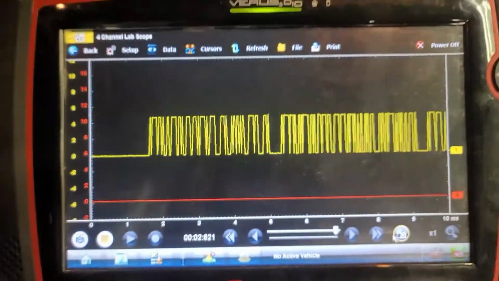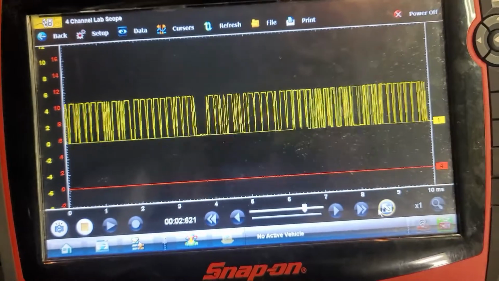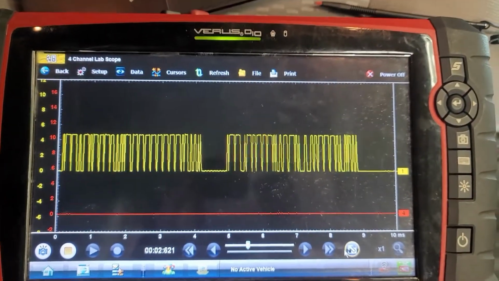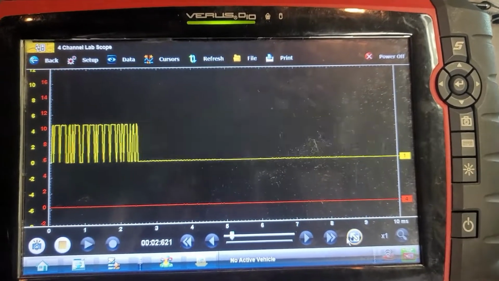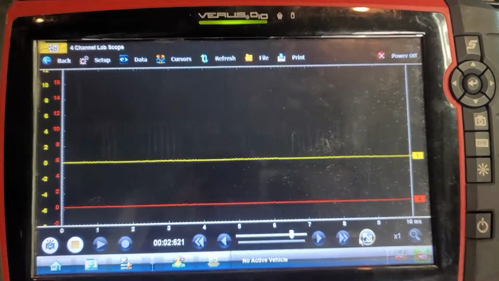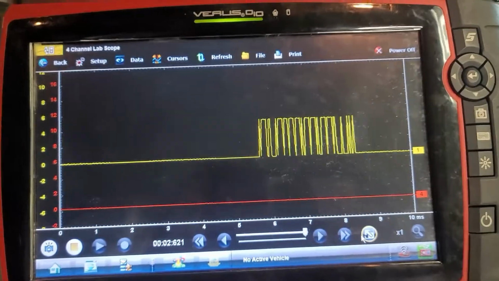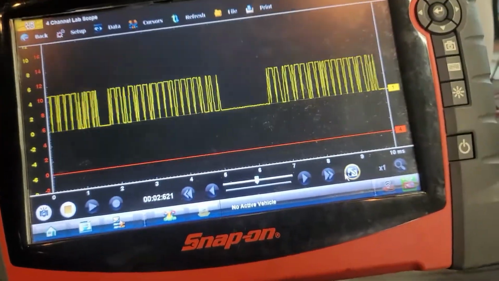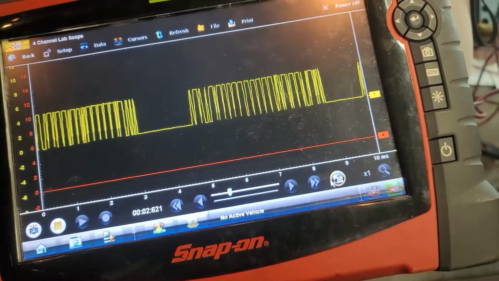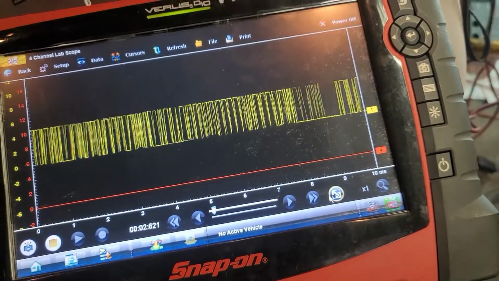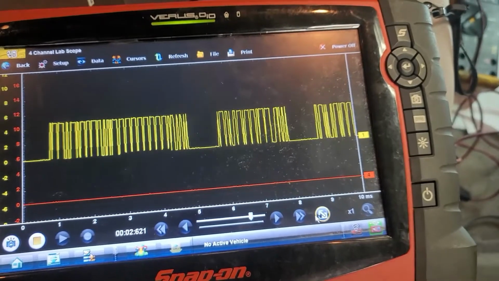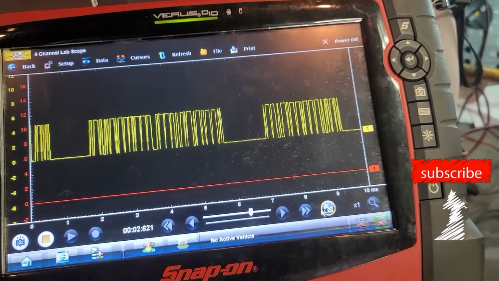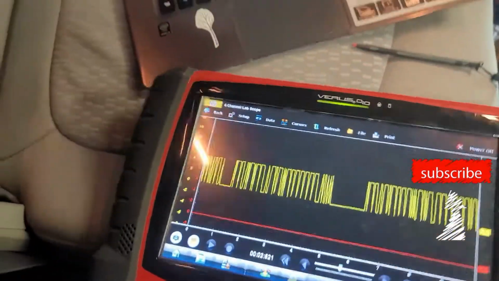So as of now, we have everything needed for that sensor to work, but it's not working. So either there's a cut in the wire between this harness and the sensor, or the sensor itself is bad from use, of course. Although the seat looks fairly clean, it doesn't look like it was used a lot. Well, it's a cloth seat. You cannot tell when it's cloth seat. You can tell more when it's leather. But anyways,